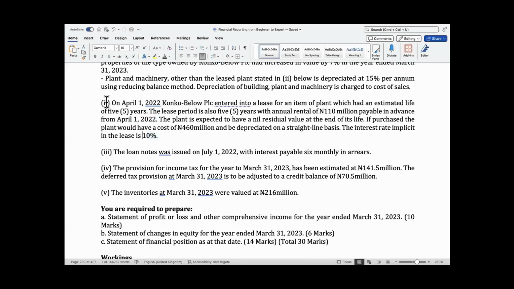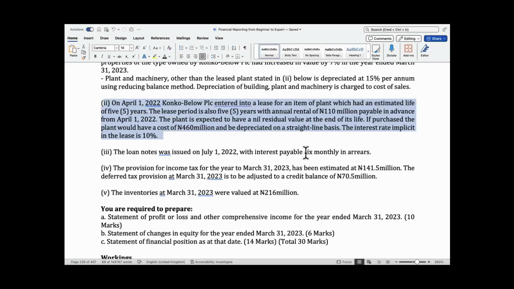Okay. So I've taught you leases. And by implication of that, you should be able to address this. Thirdly, they said the loan note was issued on July 1st, 2022 with interest payable 6